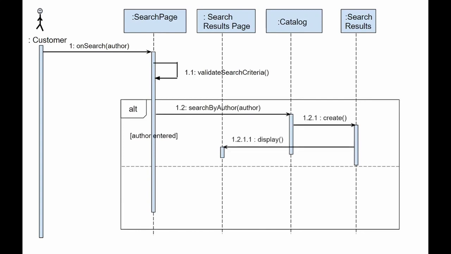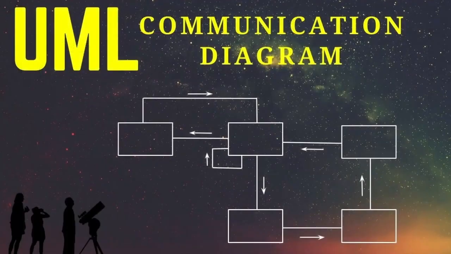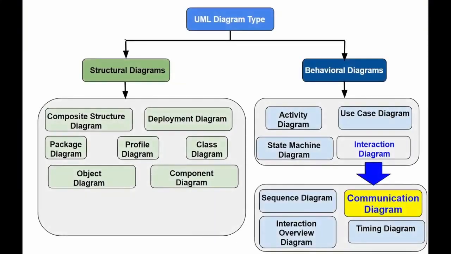An alternative scenario is rather short. If the buyer did not enter the author's name but clicked on the search button, then the system displays an error message. Similar to sequence diagrams, communication diagrams are subtypes of interaction diagrams and show how objects interact with each